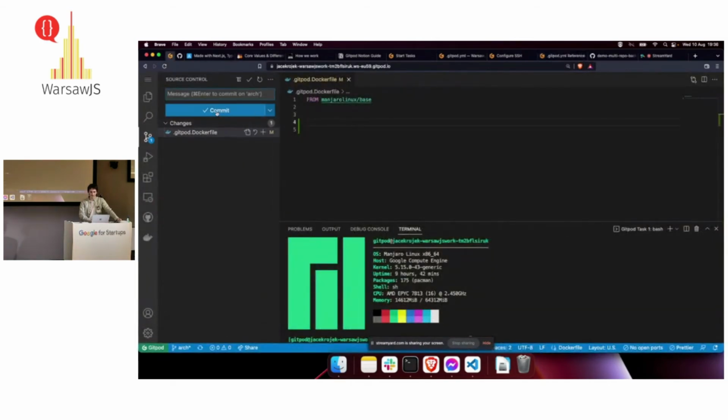Things to keep in mind: GitHub is not configured. The first time you commit or interact with GitHub, it will prompt you to give some extra permission. But apart from that, it's running pretty fast and pretty smooth. Things they are working on right now is also hot reloading, which is not enabled by default. So if you write something in React, you would not have hot reloading enabled by default. And they also work on two-way tunneling and opening ports to your local browser, because